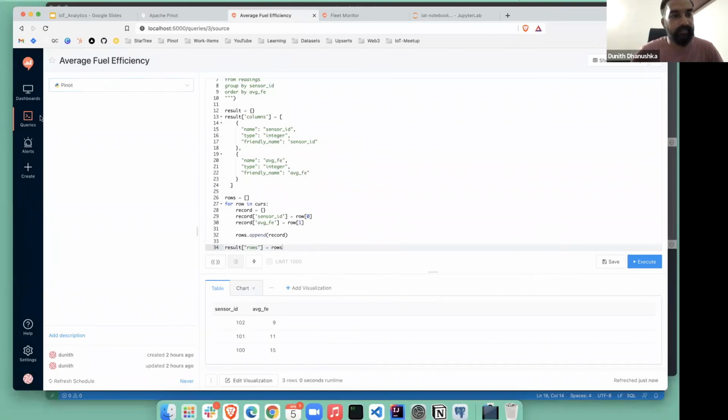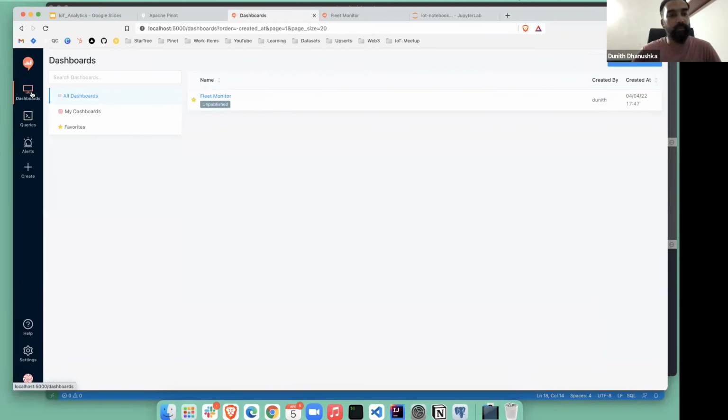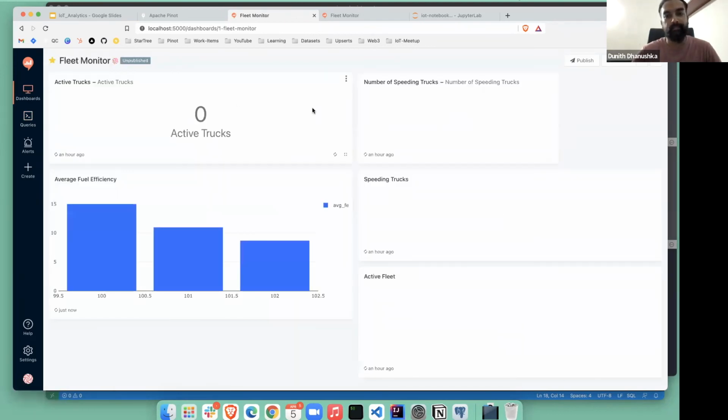So likewise, I have created different queries, like for example, what is the active fleet, and also who are the speeding trucks, and what is the average fuel efficiency of all-time trucks. So likewise, this dashboard consists of all these metrics.